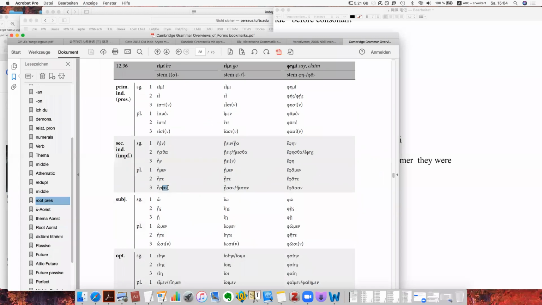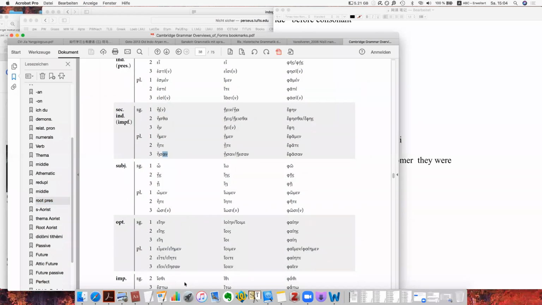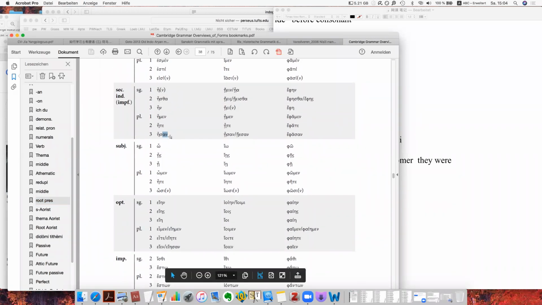Yes, so take a look. Usually, we would expect an. An is the normal one. And this one, you can see, this is an, right? This is an. So third person plural,